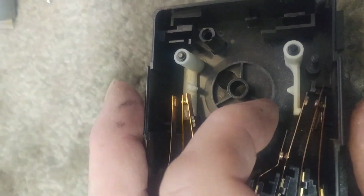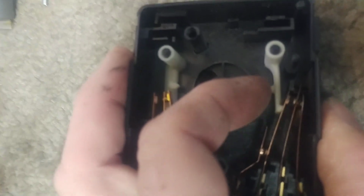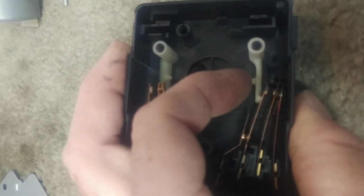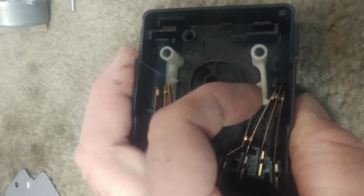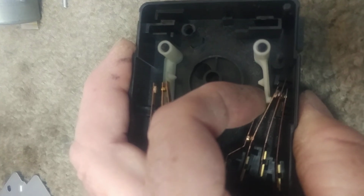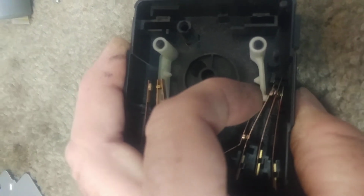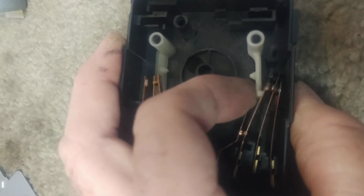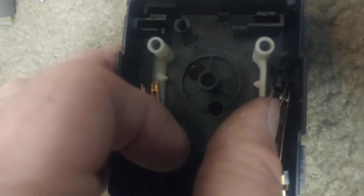So what happens when the cam comes around, it pushes on this little nub right here, and it makes contact with the first contact, and then if the cycle is such that it calls for heat, it pushes to the point where all 3 contacts make. And you can see by this, it's not even moving these contacts in the back. They're kind of stuck together. Yeah, see, I just got them apart